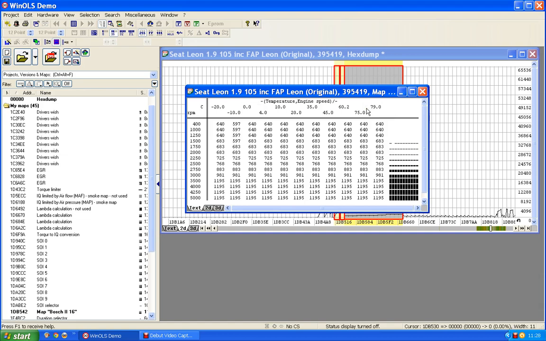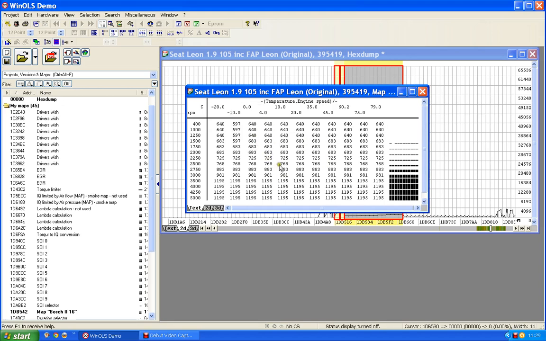It's not unusual to find that these have got some limitations and then suddenly becomes 79 and all of the results are 79. You even find some files where all of these temperatures are the same temperature and it's just basically not got a graph or a map of variable temperatures, it's just got one setting. So don't be too surprised if you find something that looks different.